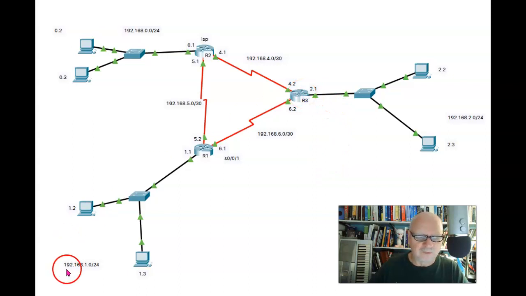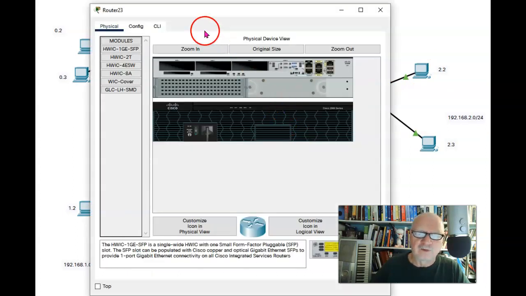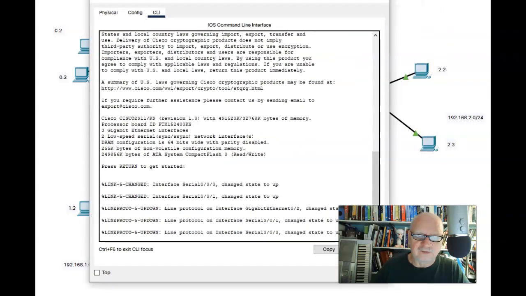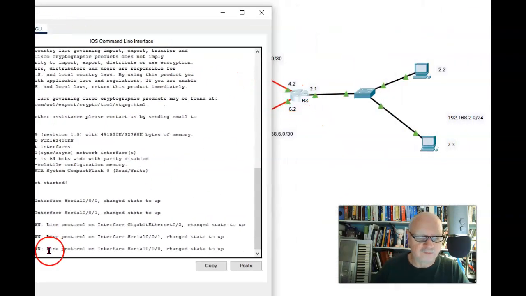So remember that the source address of that packet was 192.168.1, which means when this ping returns, its source address now becomes the destination address, 192.168.1, and it got to this router, and this router says, I don't know where 192.168.1 is. So the first time, it didn't even get past this router. This time it got past the routers, but it didn't know how to get back. So we need to set a route also for this one. So let's also set a static route here on this router.